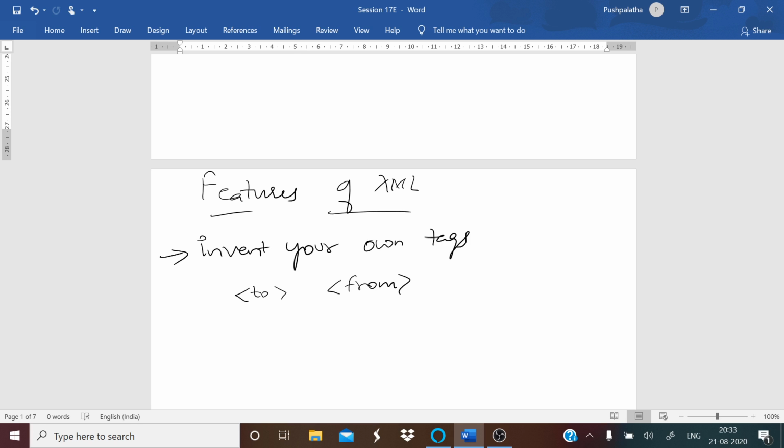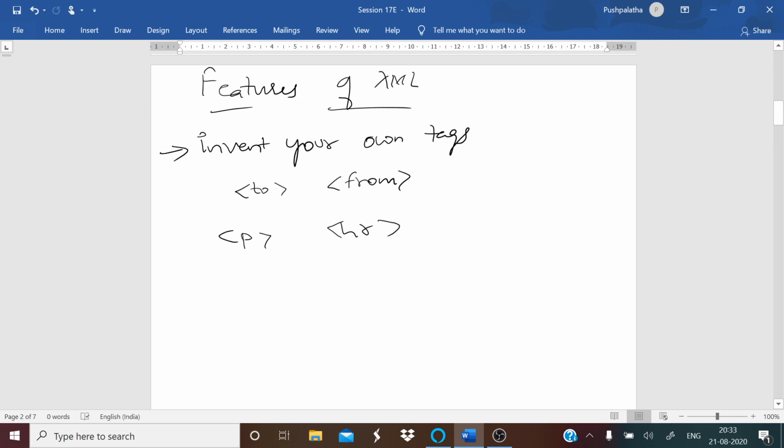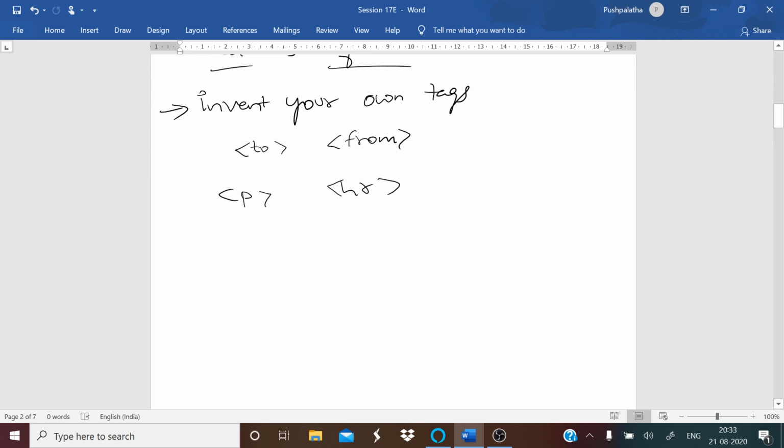According to our purpose, the user is going to create that, because XML doesn't have any predefined tags, whereas in HTML, P, that is your paragraph tag, HR tag, all those are predefined tags. In XML it is not predefined. That is, XML allows the user or the author to define his or her own tags according to the structure of the document that they are going to make use of.